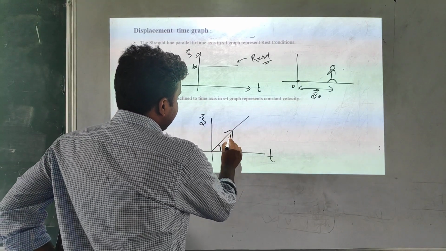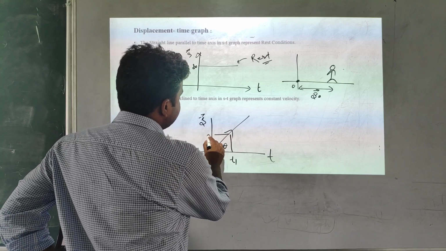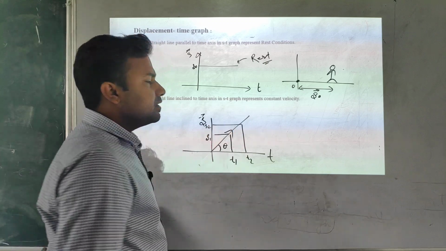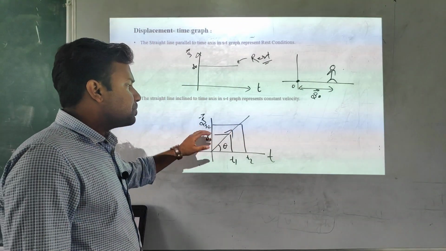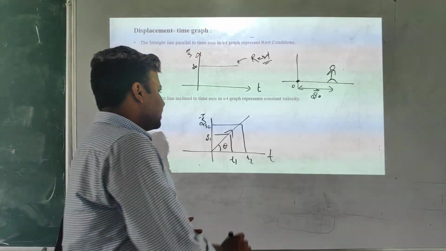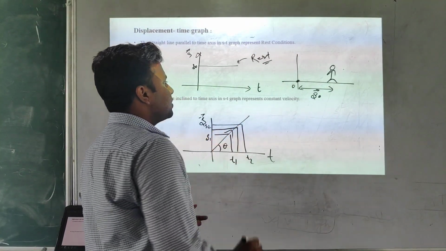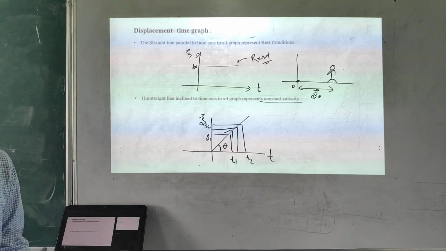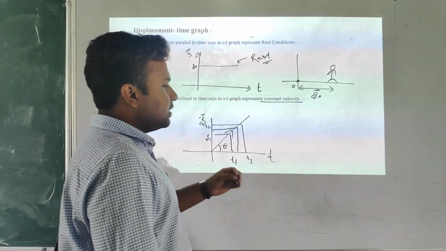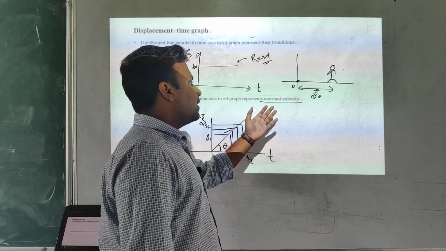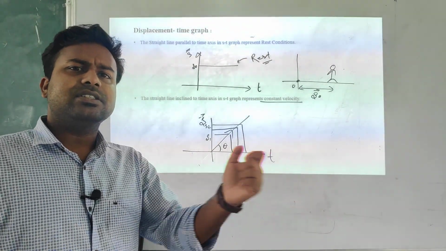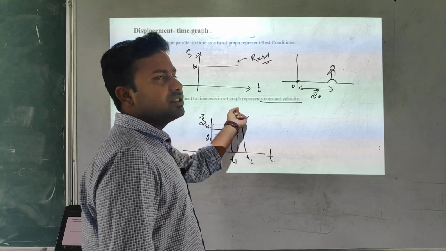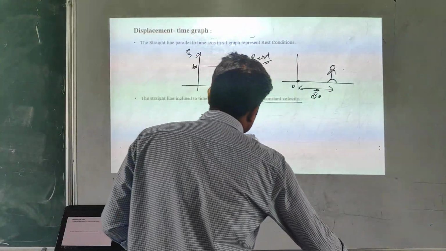Look at this, displacement, it's an incline. With respect to time, at time t1 we have s1, at t2 we have s2. So with respect to time, the displacement is also continuously varying. If it is changing this much, it's changing this much. So you can say it's moving with a constant velocity. Getting my point, students? In a fixed time interval, it is traveling a fixed displacement, is it or not? Here t1, t2, it's continuously changing. It means it's moving with a velocity.